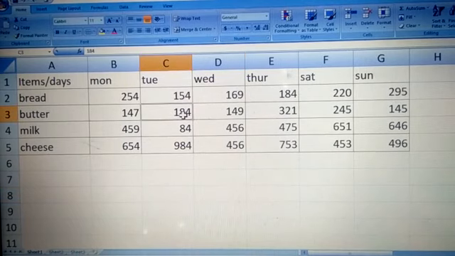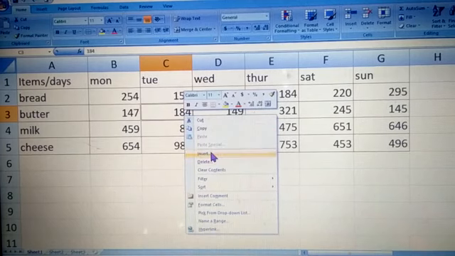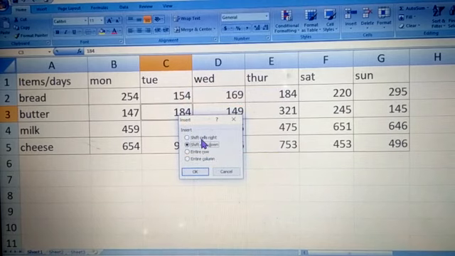So you will select the cell. Then you will right click from your mouse. When you right click from your mouse, children, you can see insert is there. So with the help of this option, you can insert cells, rows and columns. See, insert. If you want the cell should shift towards the right, it will shift with this option.